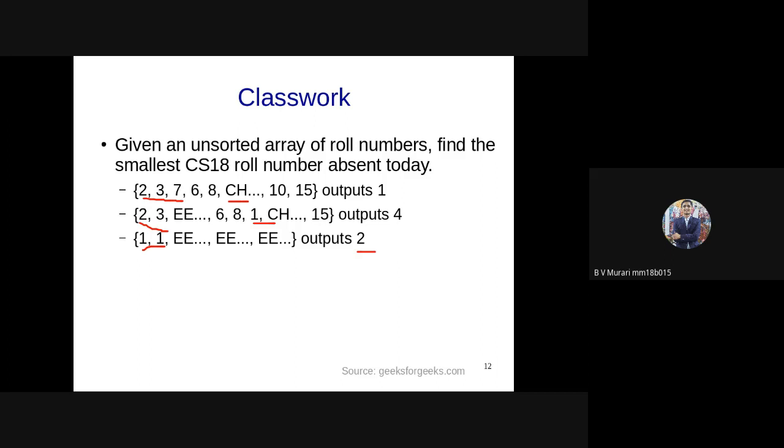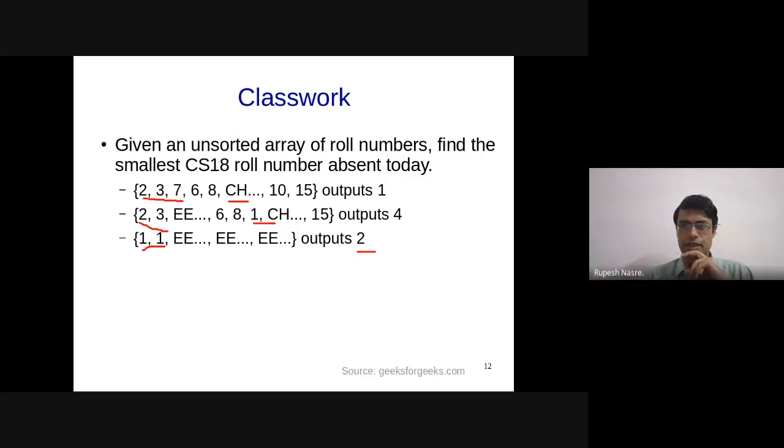Okay, yeah. Aniruddha says we can sort it and check which number is missing in order n square log n time. No, actually you can do it in order n log n time. That should be okay, right? So yeah, Chotu Kumar has suggested n log n. Yes. So sorting you can actually perform in n log n time, minimum amount of time. We are going to study sorting a little later, but yeah.